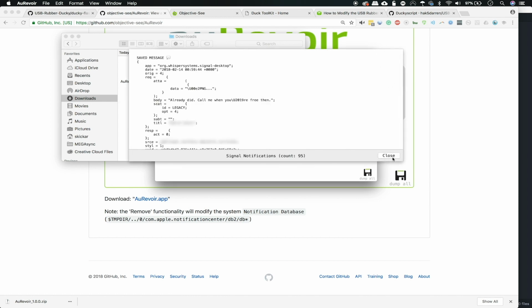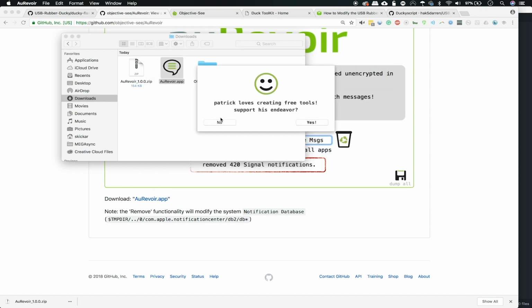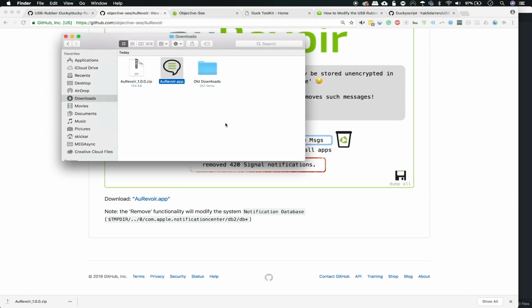Now that's great, but I wanted to take this a step further and develop a DuckyScript that accomplishes most of these, with the only thing we need to actually do being to click the View Messages button, because we're not able to simulate mouse clicks in the USB DuckyScript itself. Now, if we had some more time, we could probably write a Python program to simulate mouse clicks and make this a completely automated script. But because this is just a demonstration, we're going to keep it so it's just a one-click script for now.